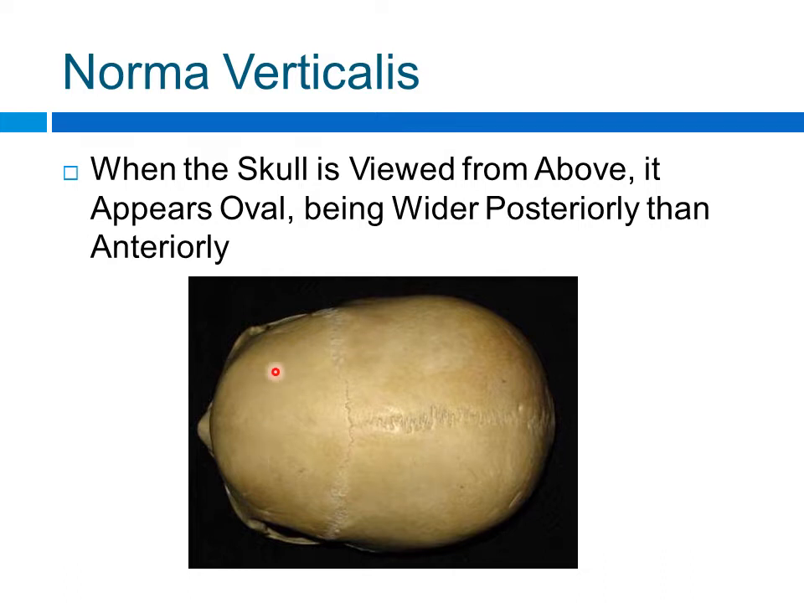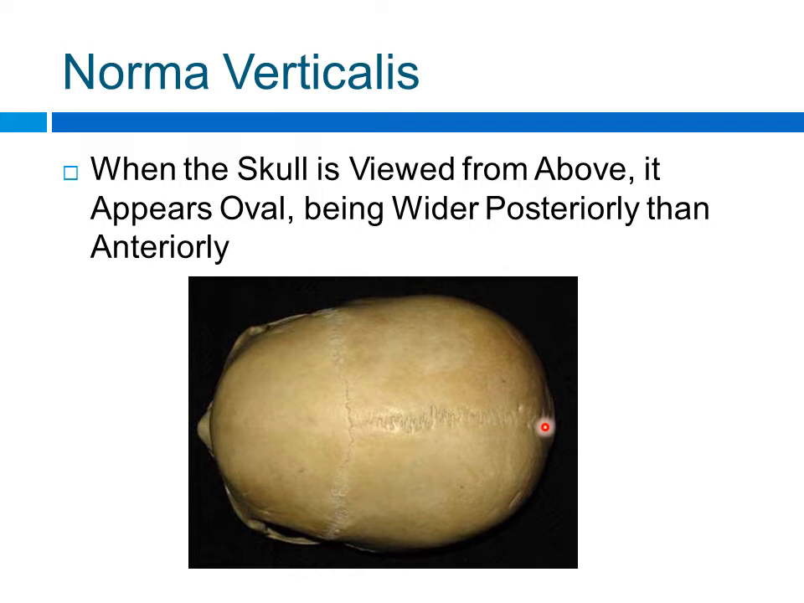The bone which forms the anterior part of the Norma verticalis is the frontal bone. The greater part of the roof and the side walls of the cranial cavity are formed by the right and left parietal bones. So roof and side walls are formed by the 2 parietal bones, and the posterior part of the